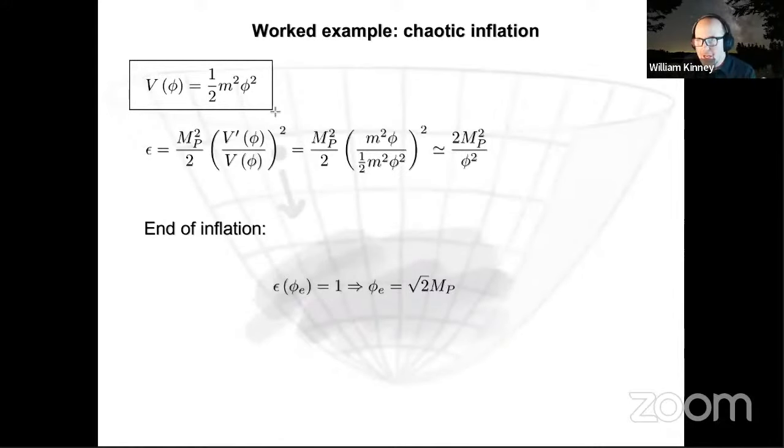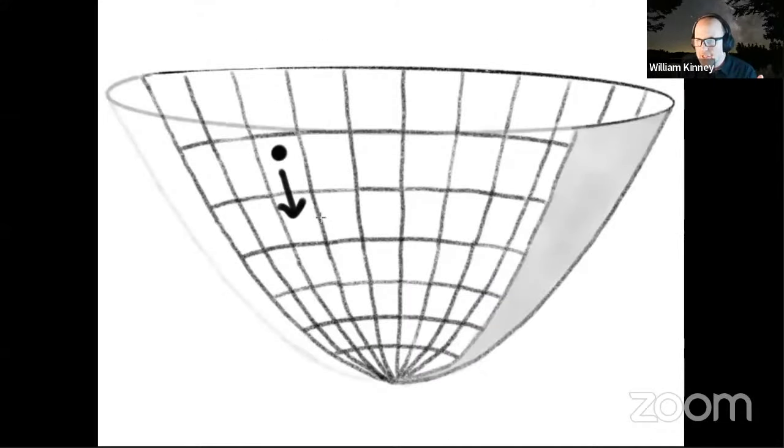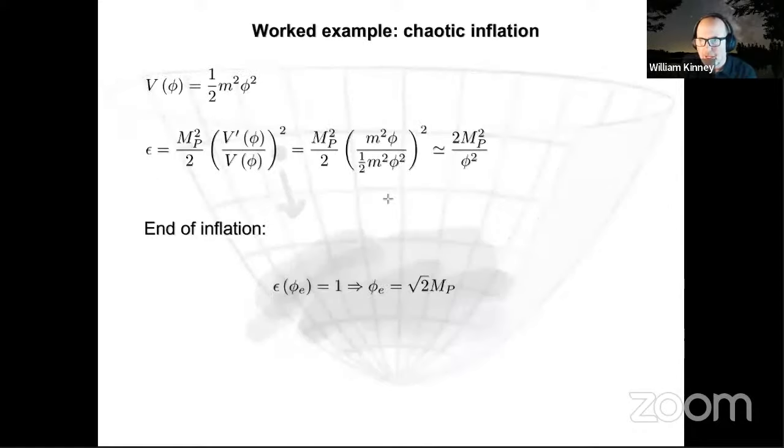And the way that inflation works in these models is, instead of being up near an unstable equilibrium, the field is just displaced way, way, way up this potential. And if it's far enough up, the potential dominates over the kinetic term, right? So as long as the potential is big enough, you can create a large enough drag term in the potential to drive inflationary expansion. And we can see this as follows.